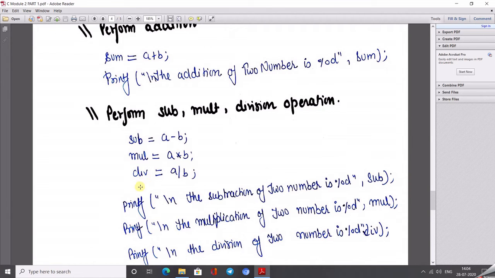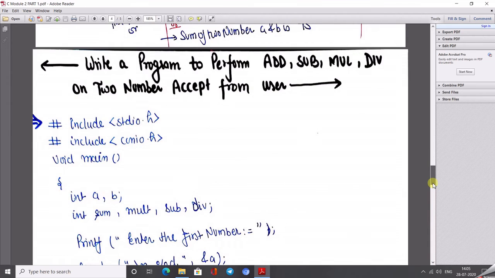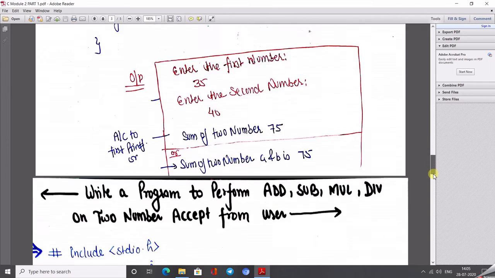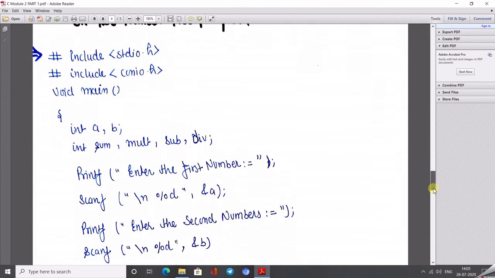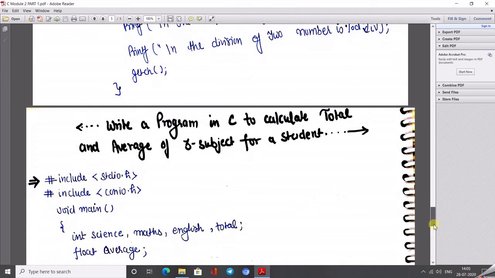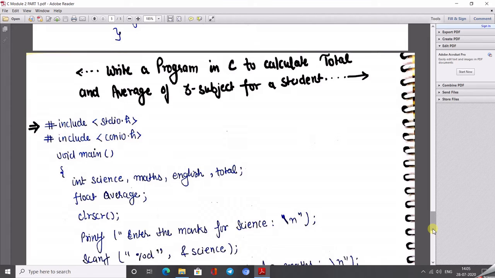You can also write remainder equals A % B, and see the value of the remainder. After that I also performed 3 programming examples. First, a simple example of addition. In the second, we performed all the operations at the same time in a single program, and also took a real life example like the average of 3 subject marks of students.